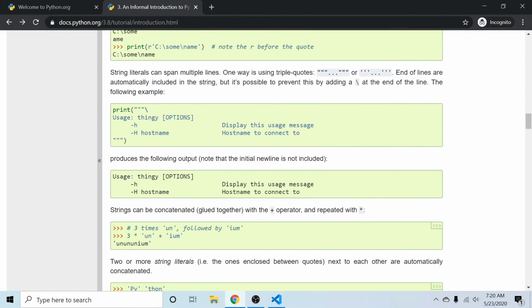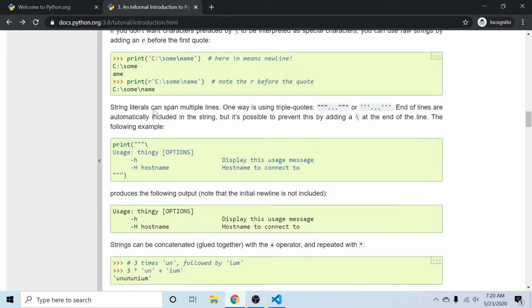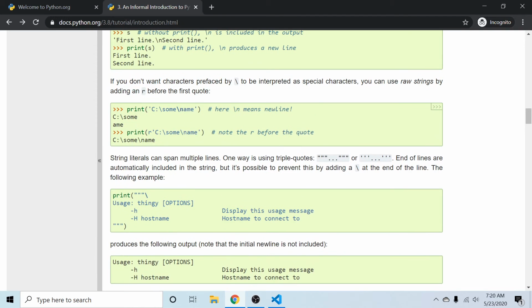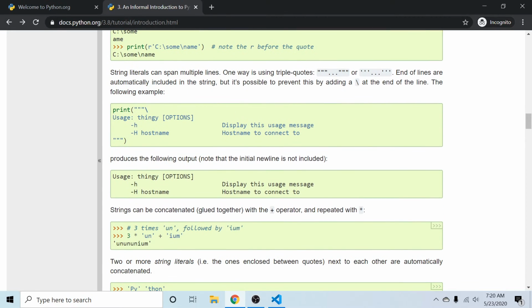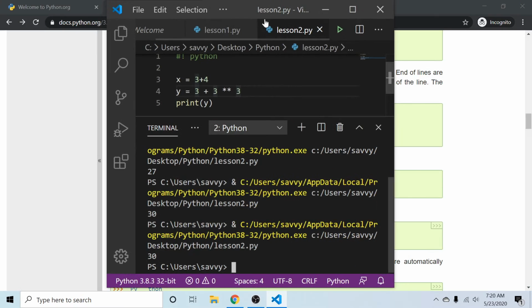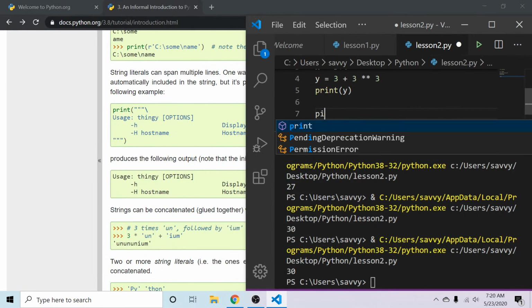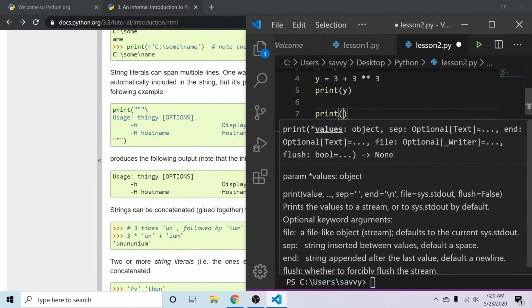All right. Interesting. So let me try this out. Maybe create a little menu. So print